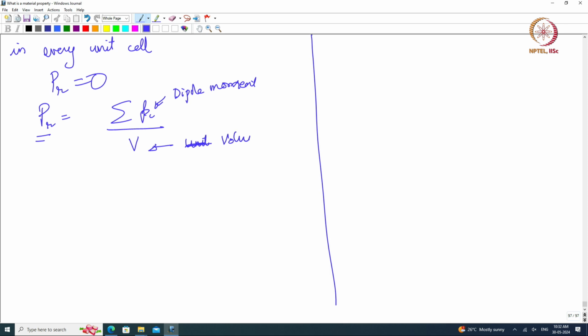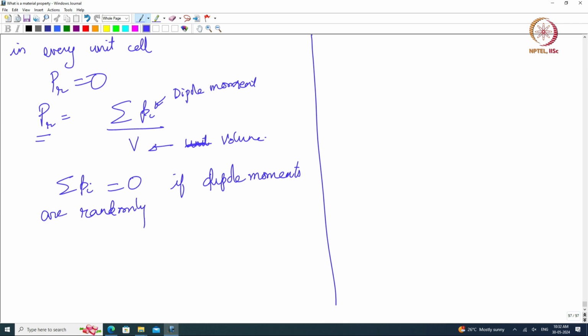But if it is randomly going up and down, sigma Pi itself equals 0. If dipole moments are random, PR equals 0. So, this will not give any ferroelectricity, or any spontaneous polarization,